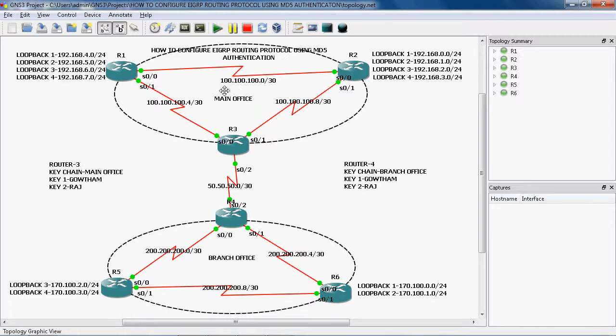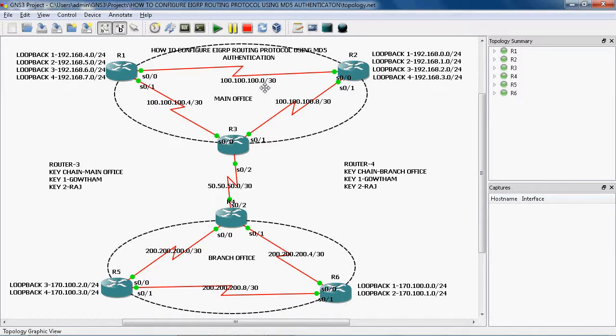Okay, we can see the IP address for the WAN network. In the WAN network we use 100.100.100.0/30. Here we have 4 IP addresses. The net ID is 0, the first host is 1 and the last host is 2. The direct broadcast is 3. So in total we have 4 IP addresses, and of those we use only 2. In the WAN network we use a /30 subnet mask, which means we use the IP addresses efficiently without wasting any IP address.